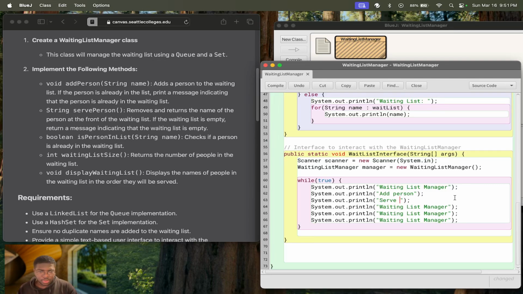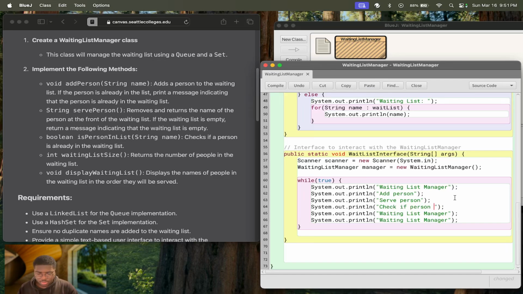So after the person is added, we're gonna serve this person, and then after we add the person and serve the person, let me see here. Let's check